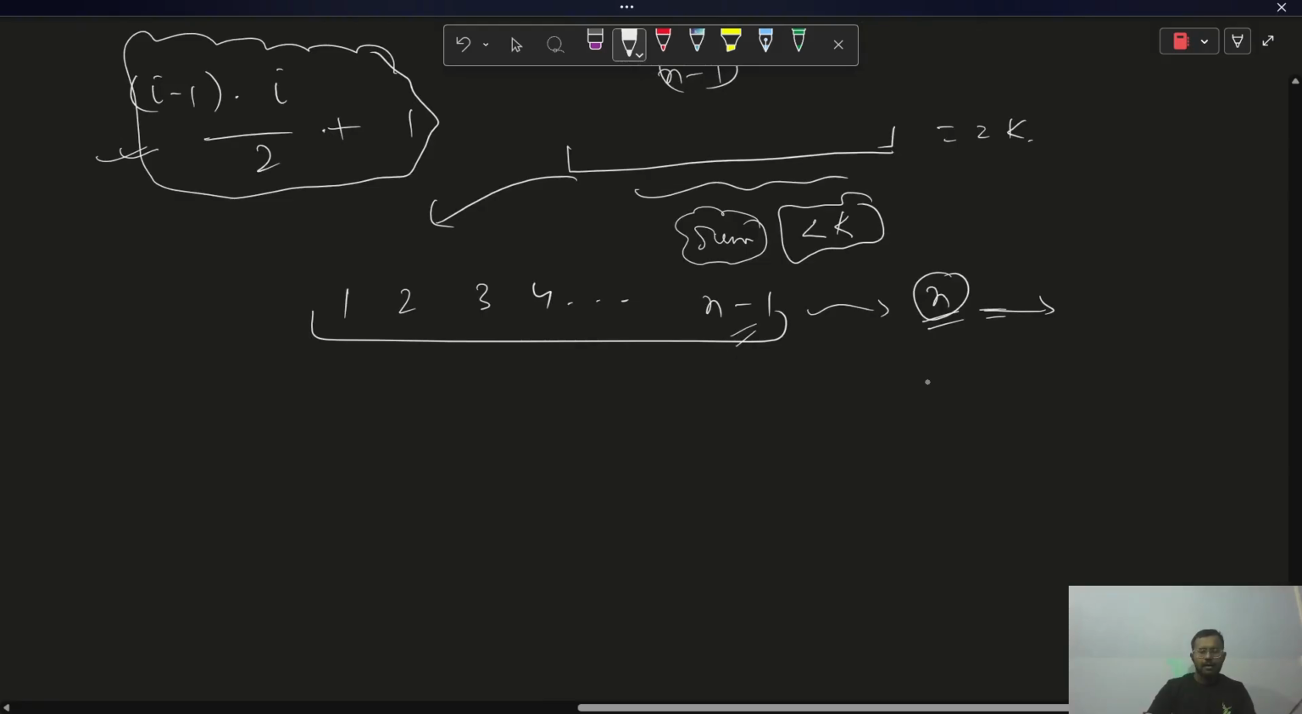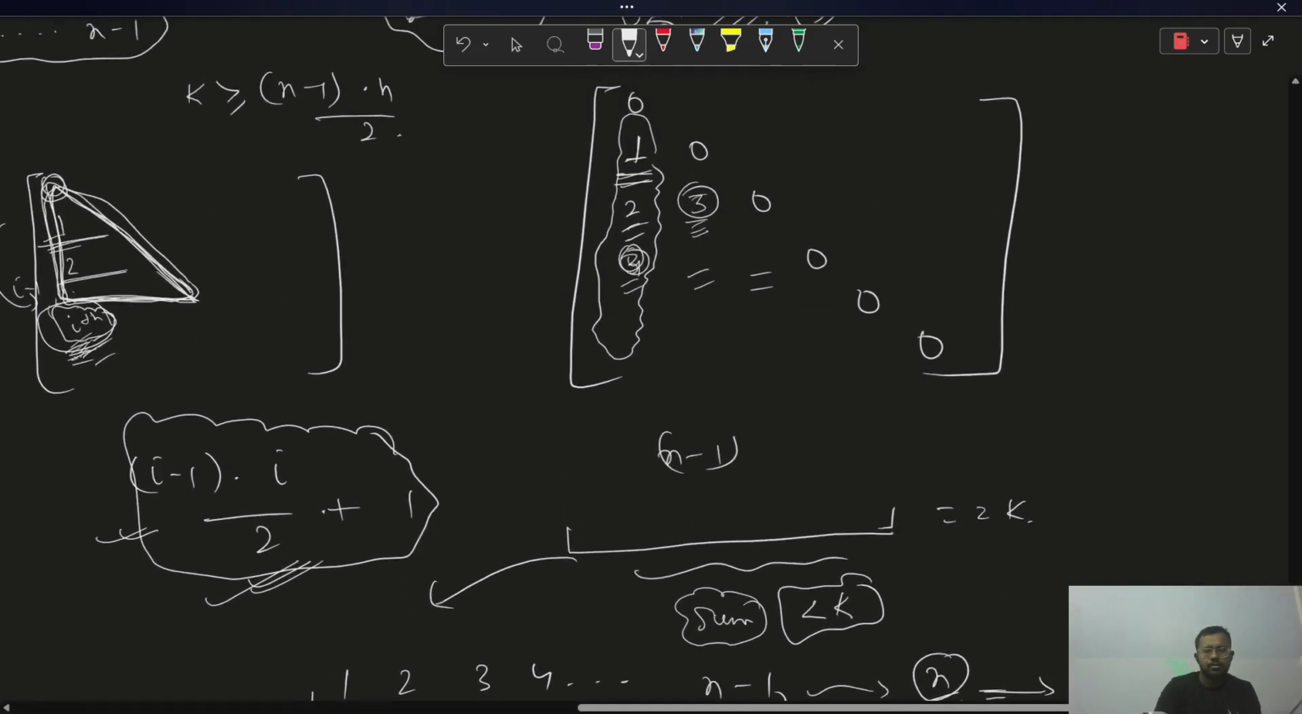Until what? Until I can't increment it, right? It has some maximum value. The maximum value is just this. I put i equals n minus 1, then whatever value I'm getting, that is the maximum value I can increment it to. You can also verify for i equals 1, this is 1. For i equals 2, this is 2, which I can also see from